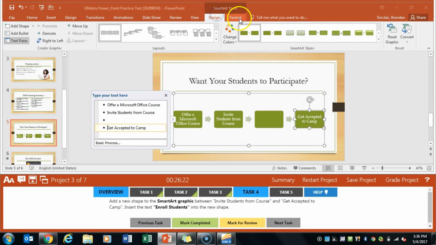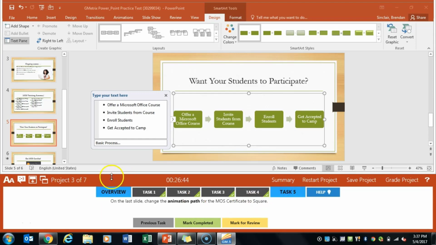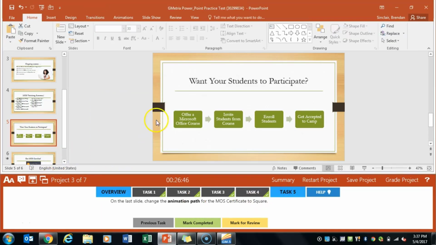You could also add the bullet points from the Design tab on the SmartArt ribbon part and click Add Bullet, but I just went ahead and clicked enter, and we'll type in enroll students. And notice I've capitalized both the E and the S. We'll click Mark Completed. And Task 5 asks us to go to the last slide, and we have this picture